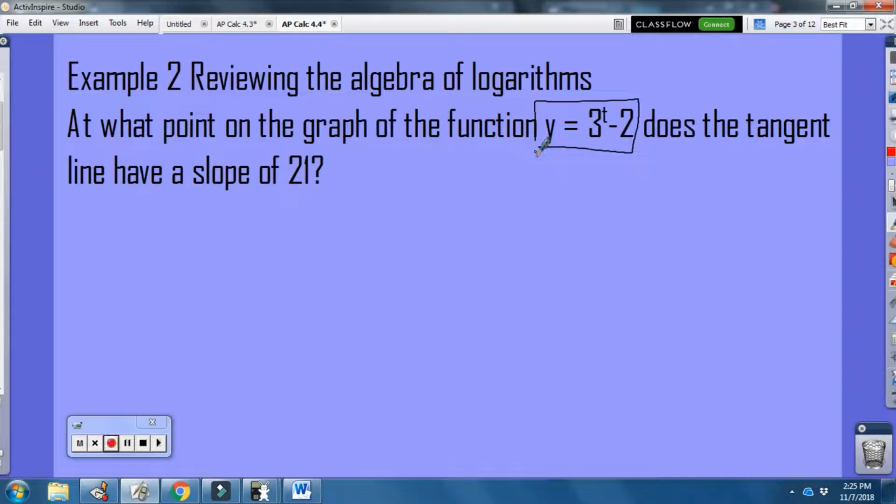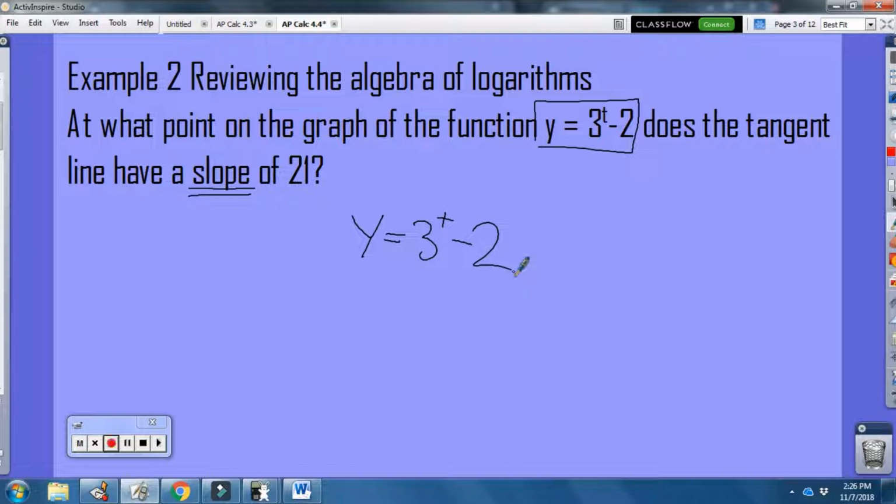On this problem here, the problem is: at what point of the graph of the function y equals 3 to the t minus 2 does the tangent line have a slope of 21? So the most important thing here is the word slope. Slope of 21 means I need to find the derivative and set that equal to 21, because the derivative function tells me slope. So I'm just going to find the derivative of y equals 3 to the t minus 2,